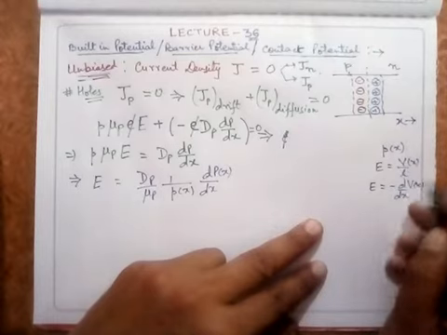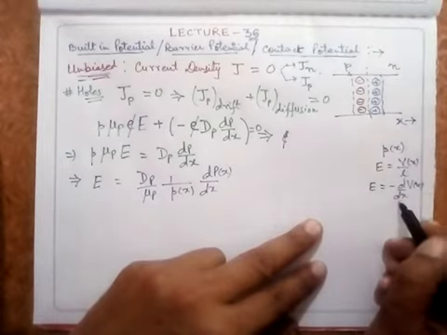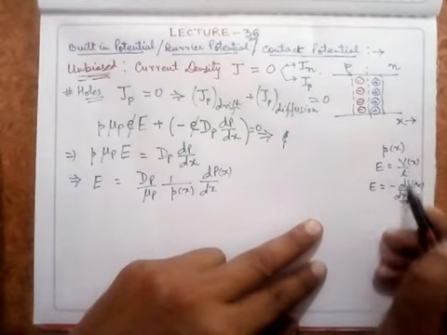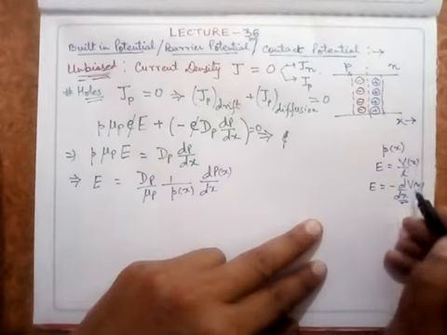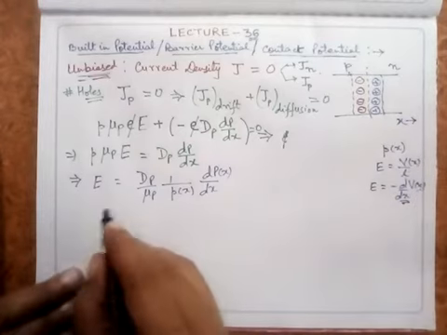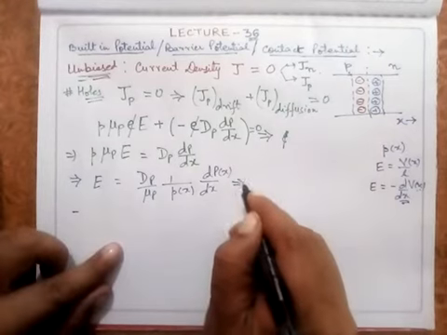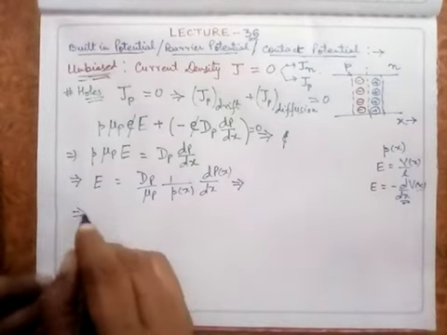I take a very small length dx, a very small distance, in spite of this long length L. So I write d upon dx of V. I hope that this is clear to you. So I write this equal to this, and this implies that